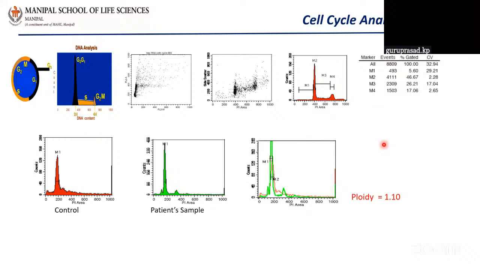At the same time, if you look at plants, plants can have a polyploid condition. Generally, people do breeding experiments where they cross plants of different strains and establish a plant. They want to know the amount of DNA present in that plant and what the ploidy is. You can analyze by running a normal diploid plant and getting this peak, and then running a test plant. Based on the fluorescence, you can calculate the amount of DNA present